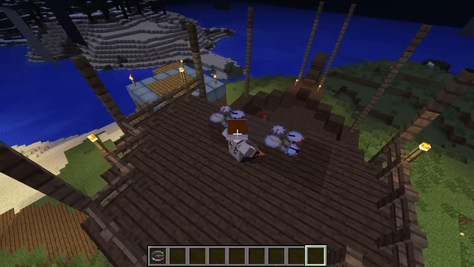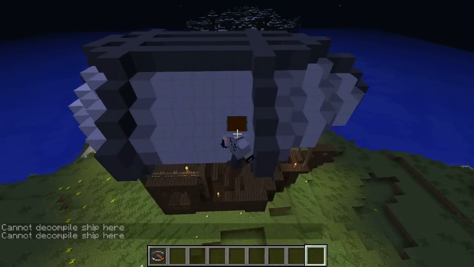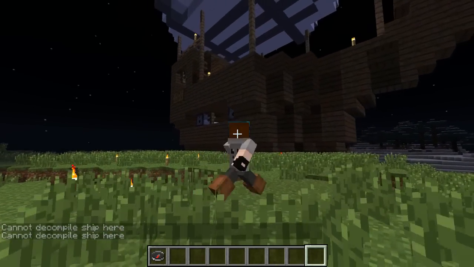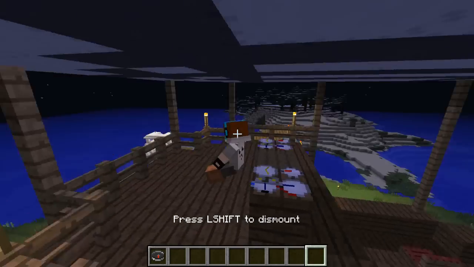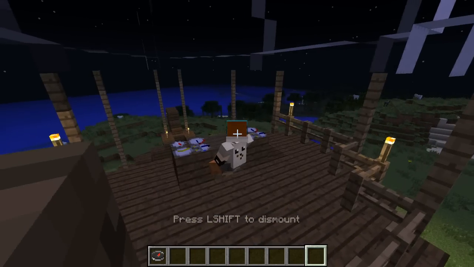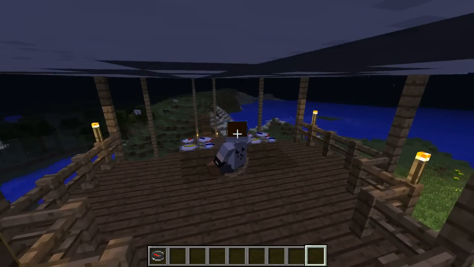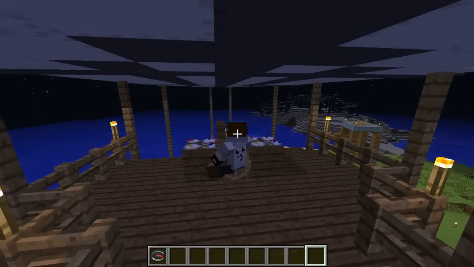And then, ooh, see, and this is a problem. I actually wanted to show you this. When you left shift, sometimes you can't park there, as you can't park here, and there's like an invisible wall. You just right click to get back into the spot, and then you just move out of the way. So what I'm going to do is go up a little bit, up a little bit, up a little bit, and I'm going to